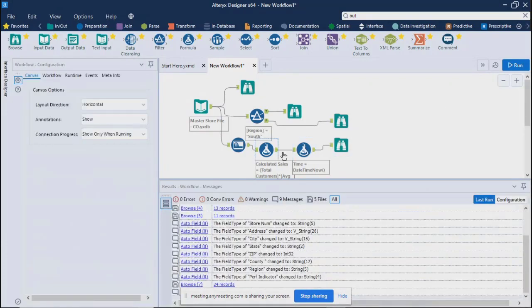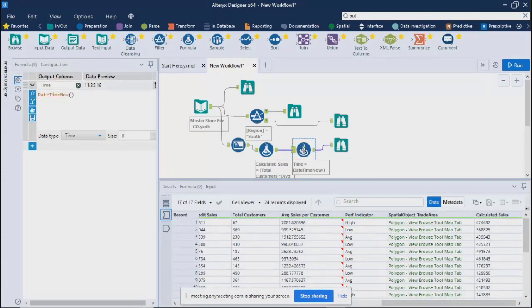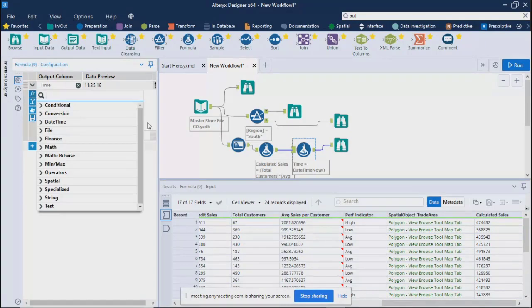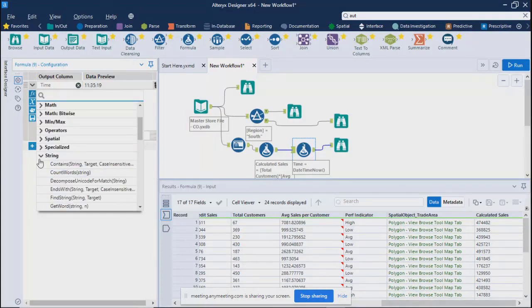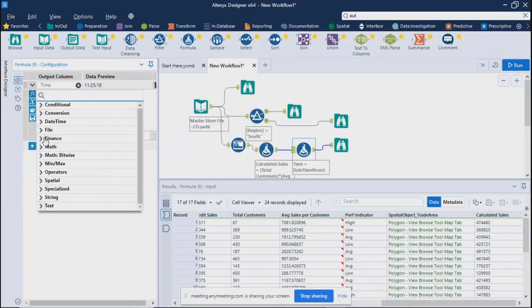So these are the uses of your formula function. Other than this, you need to primarily focus on these functions because depending on the operation you want, let's say if it is text, it is a string or any other thing, the formulas will change. So you need to know which formula to use where. You can write your conditions, you can write your operators, minimum, maximum, all things related to calculation are possible over here.